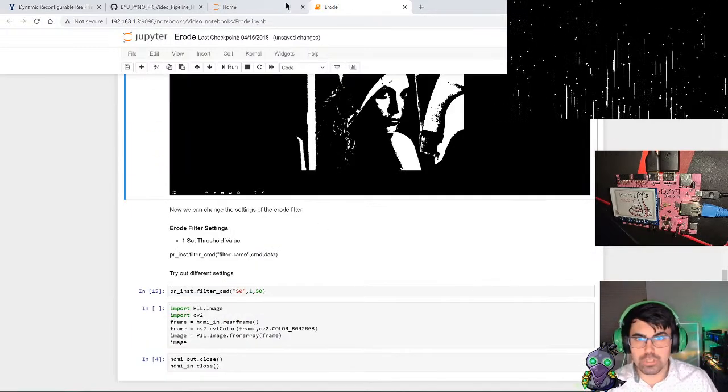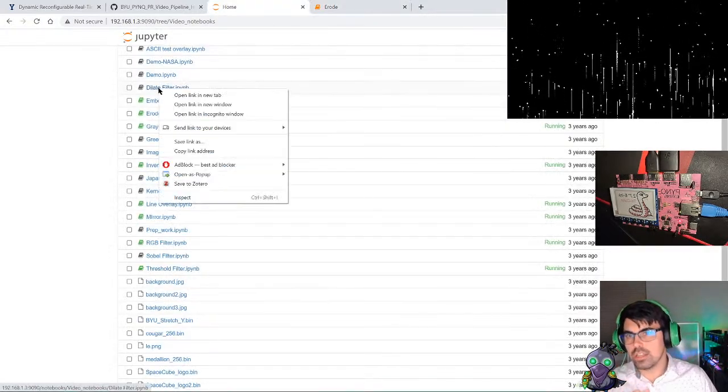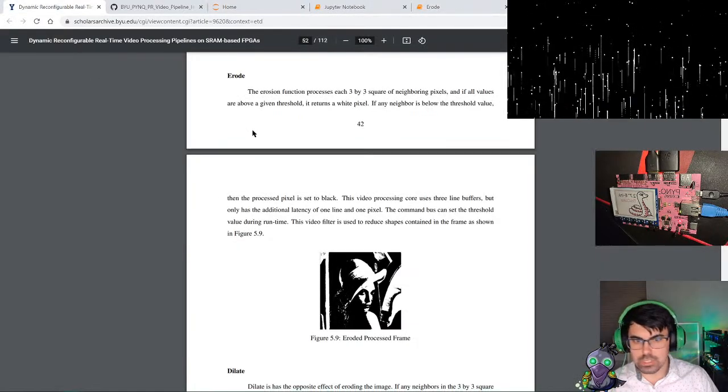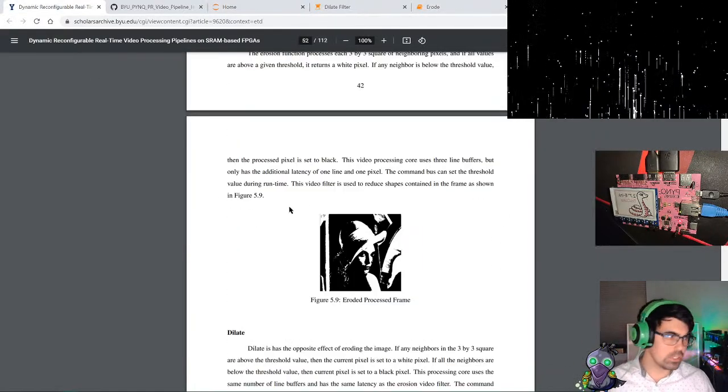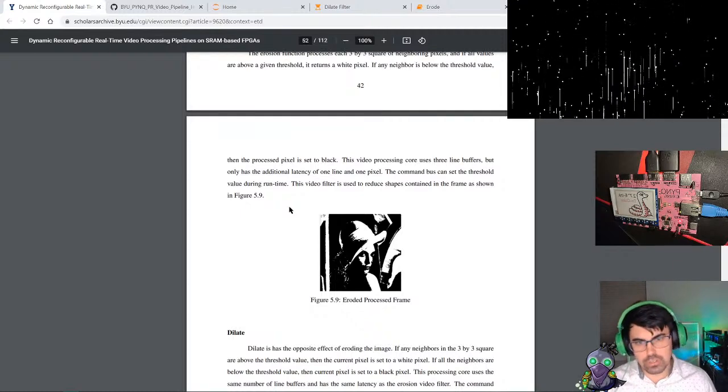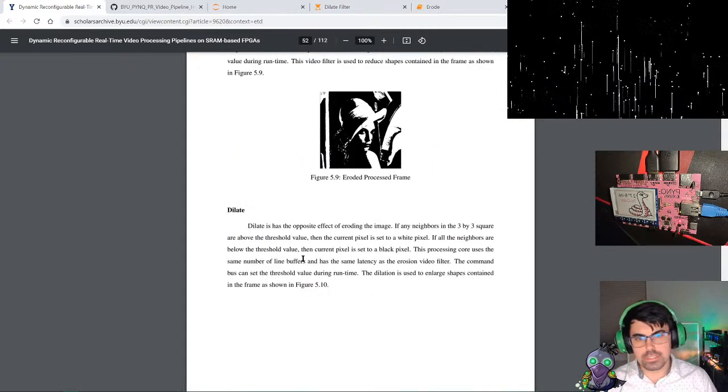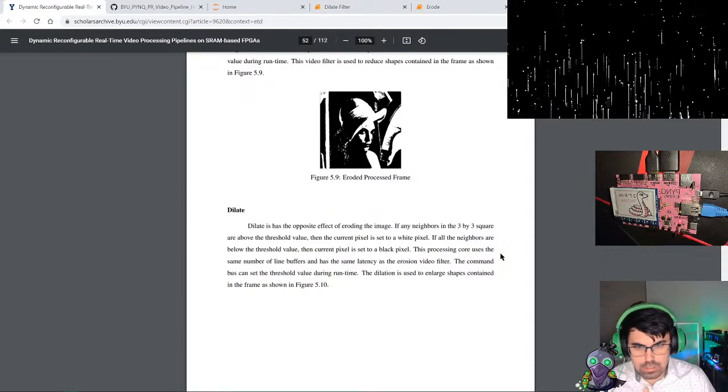The dilation is going to be really cool. So let's go look at dilation. So dilation is the opposite of erosion. So dilation looks at all the neighbors and it's like, oh, if you guys are below a threshold, I should disappear. Dilation is if any one neighbor